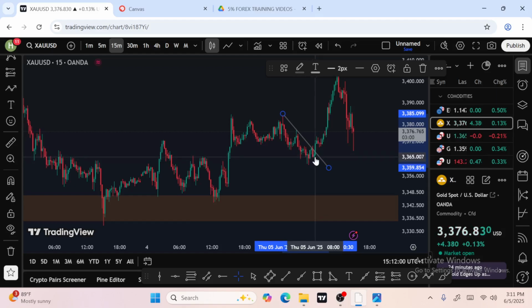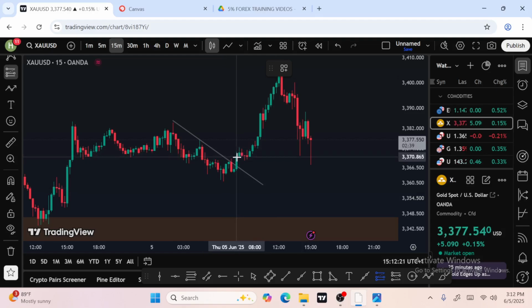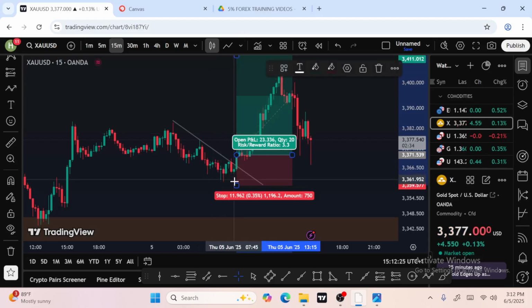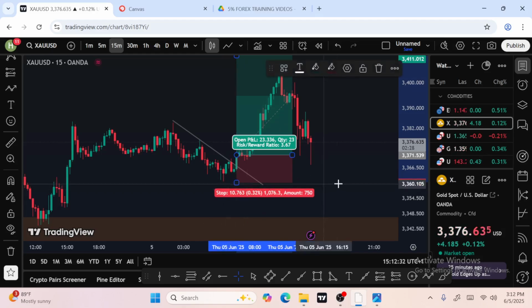Now, can you see another three inside up again? Boom, responsible for this breakout. Do you see it now? This is a red candle, a green candle, another green candle. So three inside up responsible for this breakout. So what will you now do? You take a long position, to the upside, and stop loss below the what? Below the liquidity. I can take this last liquidity as my stop loss area.